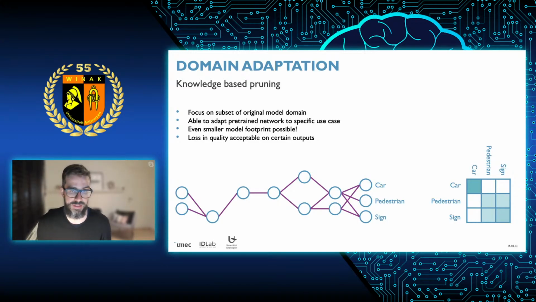Sometimes it means we say, okay, for these two outputs, we do not want to make a distinction anymore between a pedestrian and a sign. We're going to combine that. It's going to come with a loss of accuracy, but now it's really possible to deploy this on an Internet of Things device. The advantage is that we can start off with a very general artificial neural network that is able to do a lot of detections, but then we can always prune it specifically to the application that you want, and that has a big advantage.